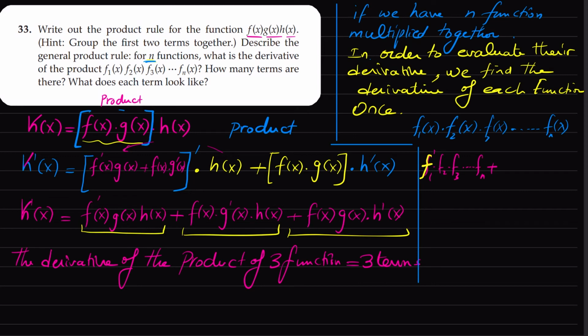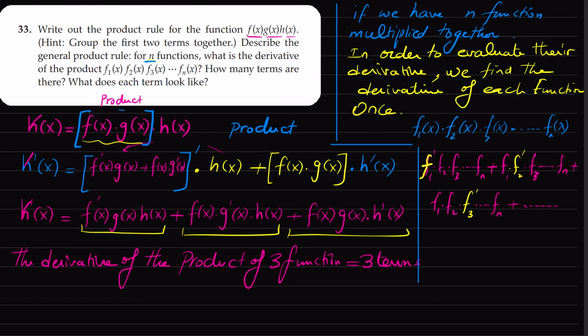Now f1 is kept, we do the derivative of f2, times f3, nothing done to it, times fn plus, then we keep the first and the second, we do the derivative of the third, like that, times all of them are multiplied. So times fn